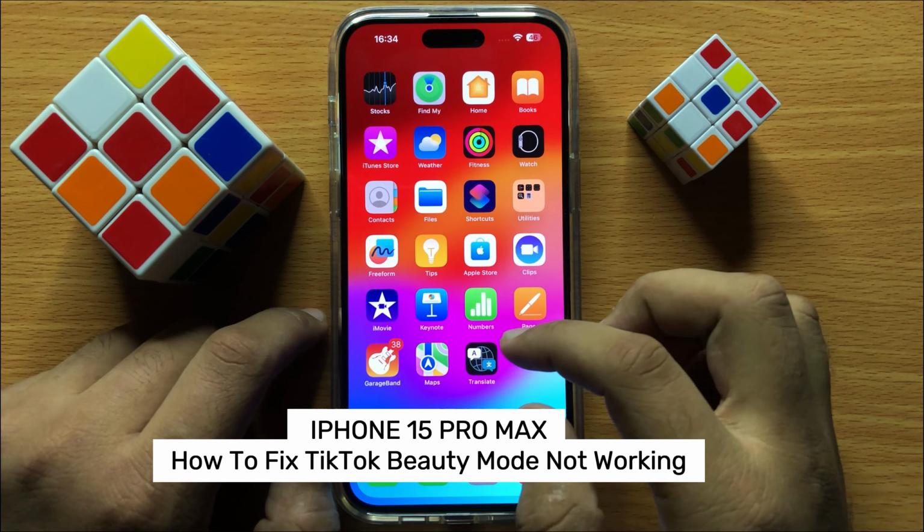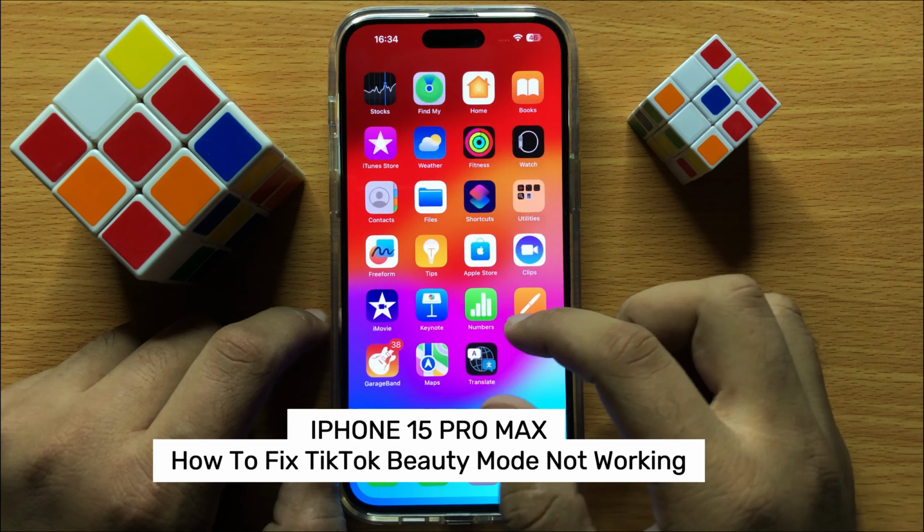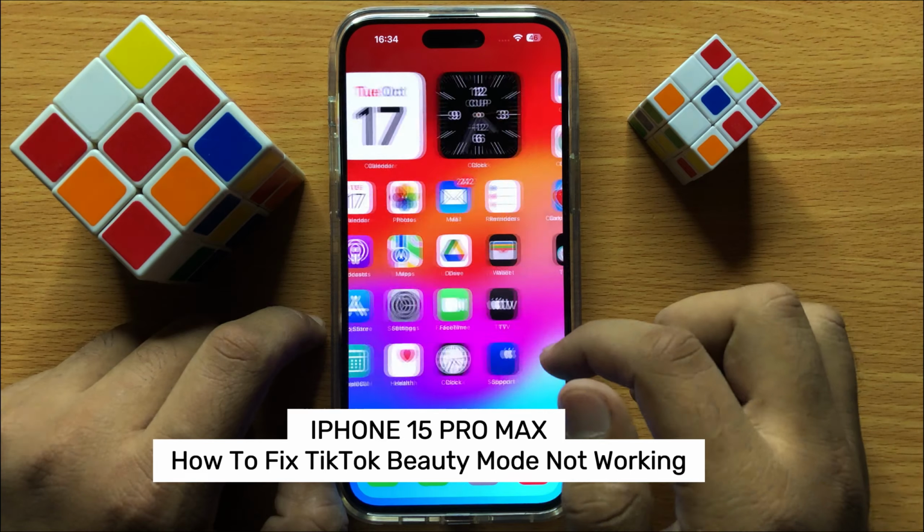Hello everyone, in this video I will show you how to fix TikTok beauty mode not working on iPhone 15